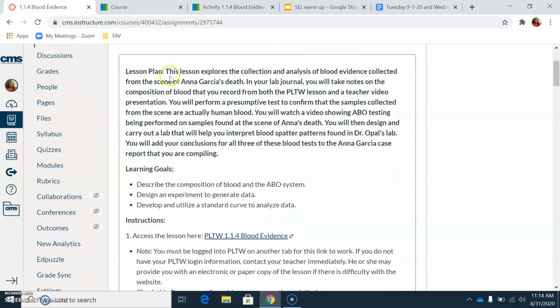So the lesson plan is, this lesson explores the collection and analysis of blood evidence collected from the scene of Anna Garcia's death. In your lab notebook, you will take notes on the composition of blood that you record from both the PLTW lesson and the teacher video presentation. You perform a presumptive test to confirm that the samples collected from the scene are actually human blood. You will watch a video showing ABO testing being performed on samples found at the scene of Anna's death. You will then design and carry out a lab that will help you interpret blood spatter patterns found in Dr. Opal's lab. You will add your conclusions for all 3 of these blood tests to the Anna Garcia case report